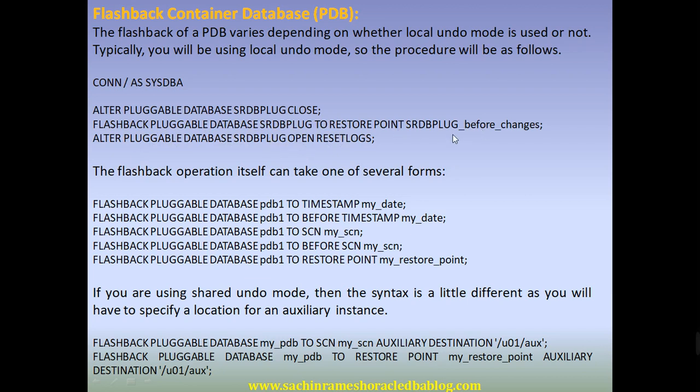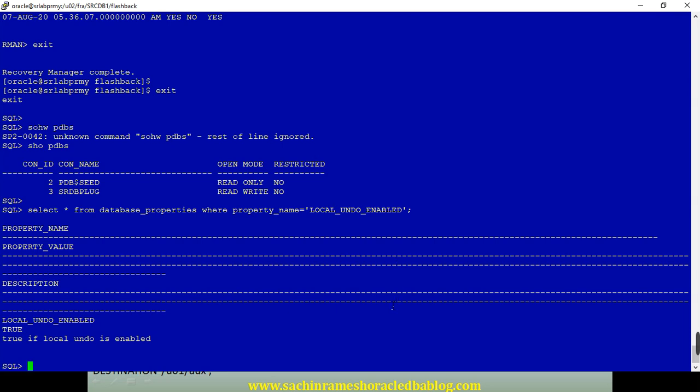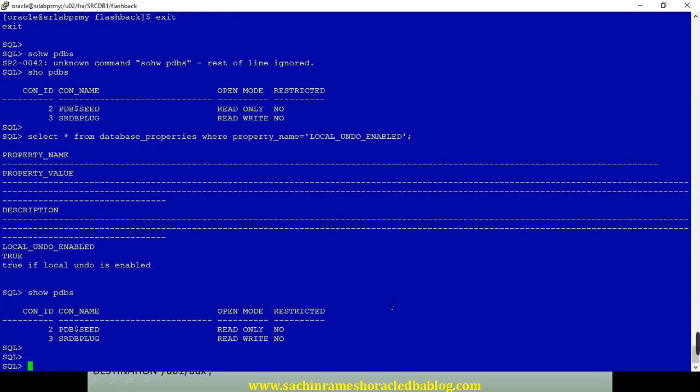We have a restore point that we created earlier like this, and we need to flashback pluggable database SRDB to the restore point.